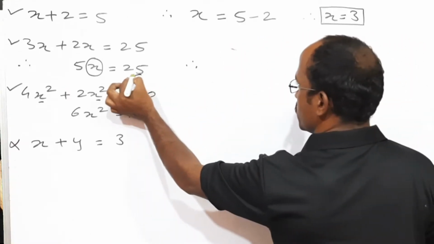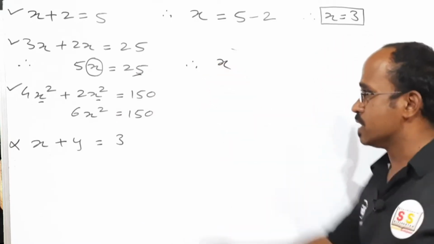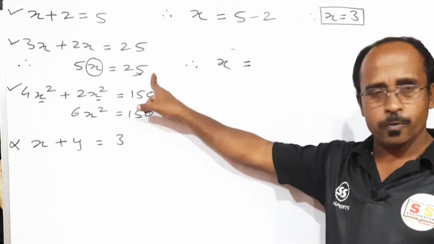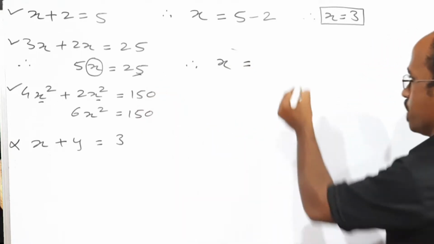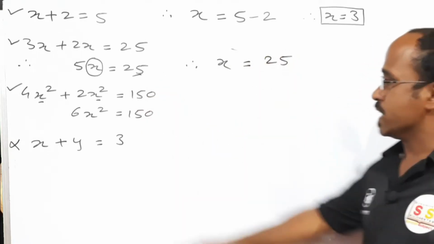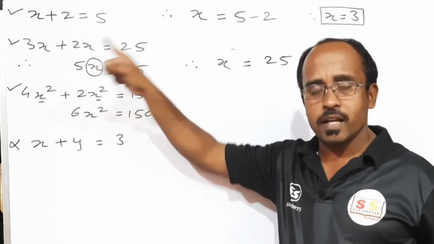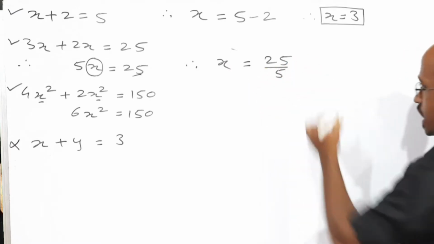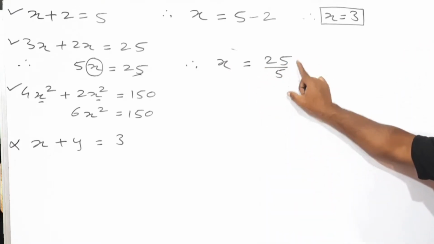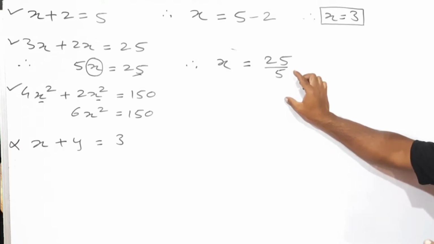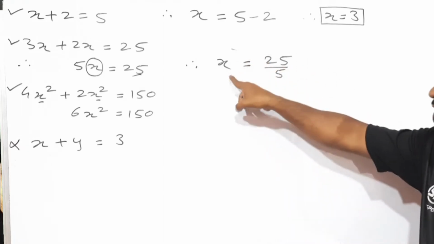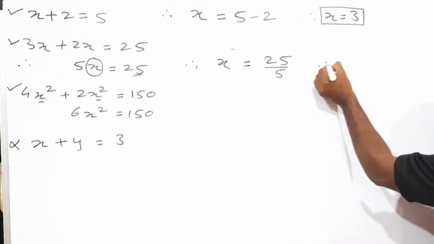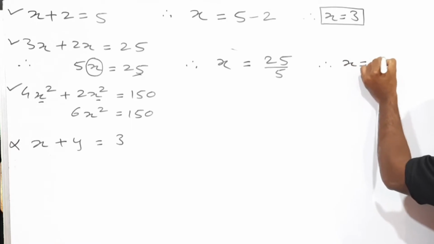Means this x which will be alone on the left hand side is equal to 25 which is not changing its side will be as it is, and this 5 which is multiplying here after changing side will divide to this 25, and division we normally write it in the form of fraction in equations. So x is equal to 25 upon 5 or 25 divided by 5. Therefore we can say x is equal to 5.